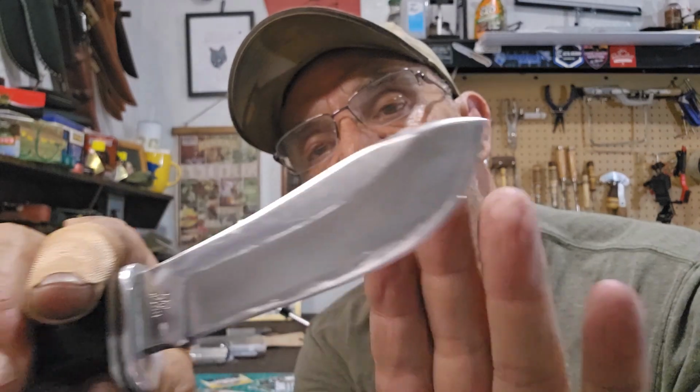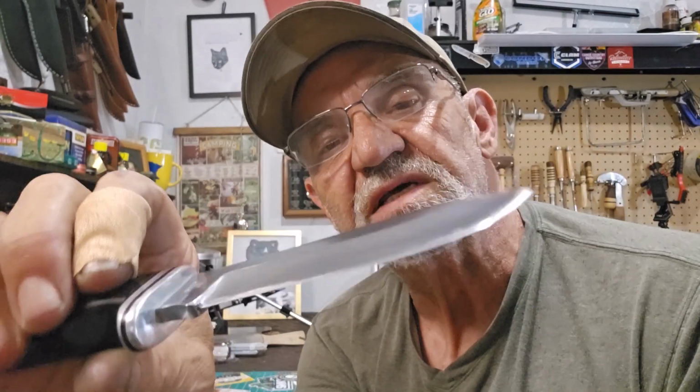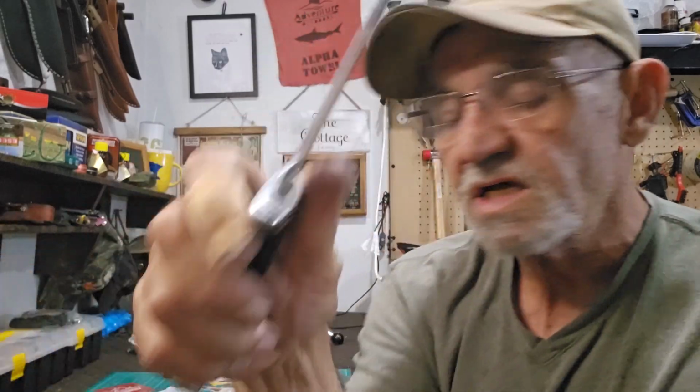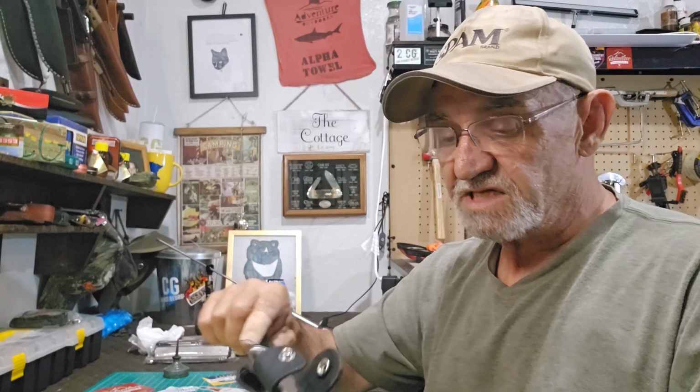Then I went to 800, literally 5 sweeps. And then I went to 2000 and did about 10 sweeps each. Got rid of the little curl on it. Didn't even strop or anything. And you saw it cuts just fine. I know it's really like this. Came out very nice. And the shock and horror,